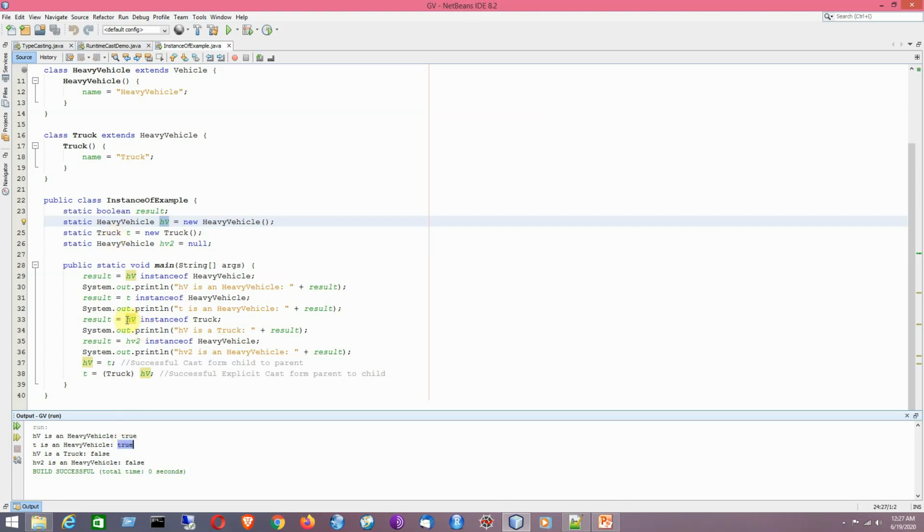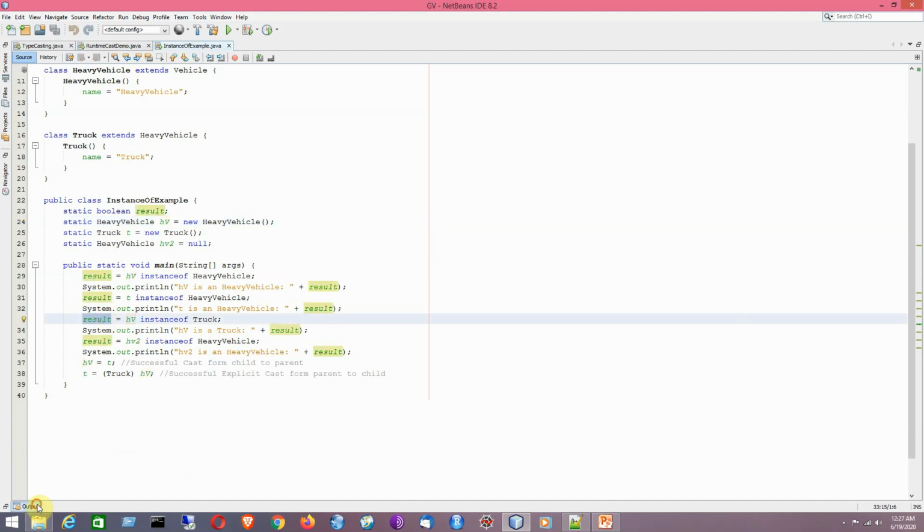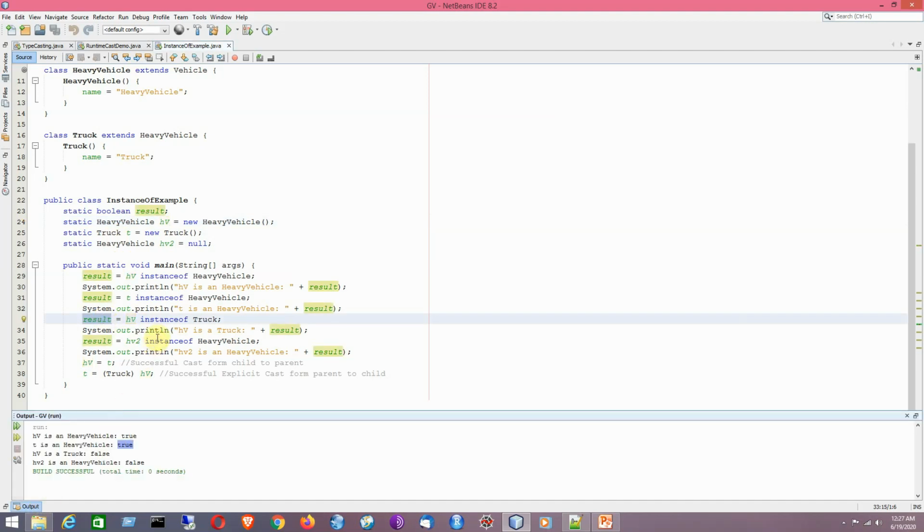Now for the next one, result equal to HV, which denotes heavy vehicle, instance of truck.